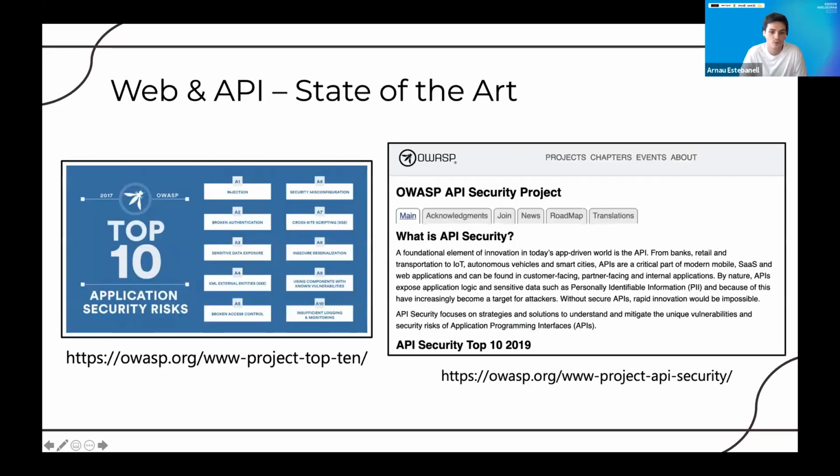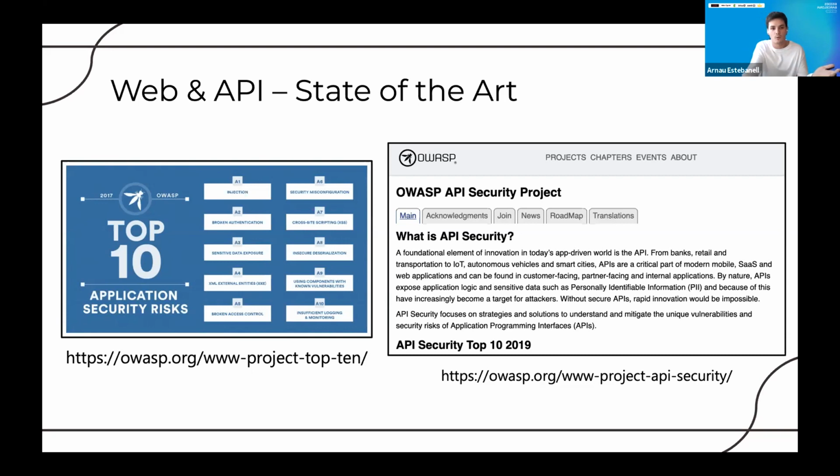And with that said, we go to the third category, which is web and API. And here OWASP has us covered, so we have all the documentation that we want, all the guides on how to test applications, which tests should be conducted. We have the OWASP Top 10 for application security. Likewise, we have the OWASP Top 10 for API security. So lots of good information, but although you can find